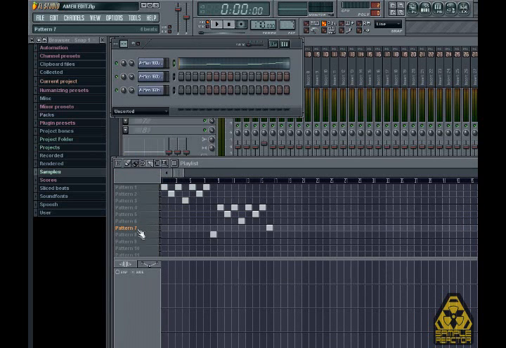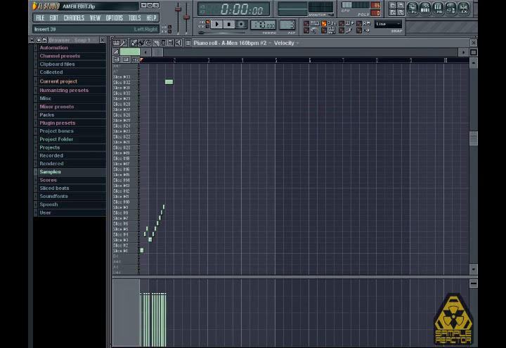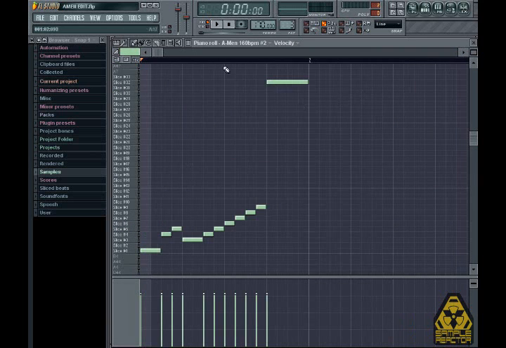Okay, so now we have all these patterns to work with, and we can go ahead and press Control Shift C to clone a channel, a pattern, and let's do that one more time here. So now we have these 2 new patterns, and they're exactly the same as the first one. So we're going to go in, we're going to change them a little bit. Let's go ahead, turn off snap by pressing backspace and shortening these notes,